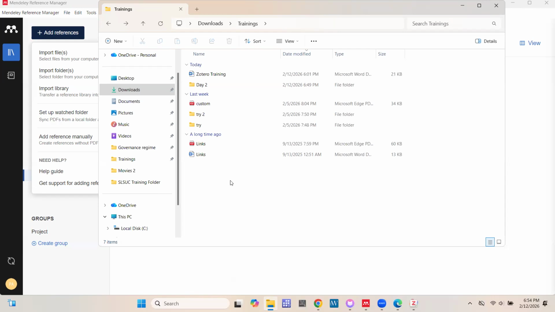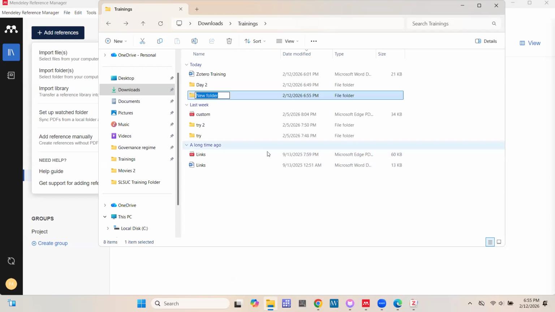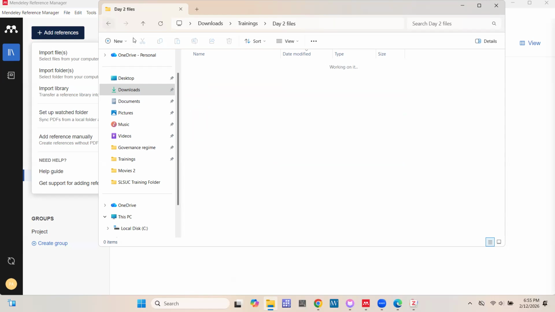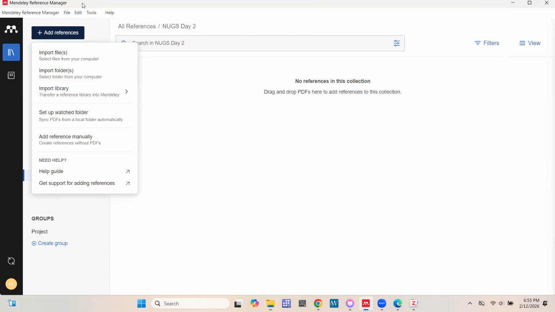So let's give that a try. Let's create a new folder. Let's name that folder the two files. So that folder is empty now, right? Now let's set that folder as a watch folder. I click on add reference and I choose set up watch folder.